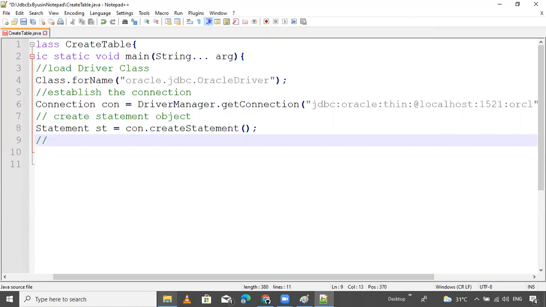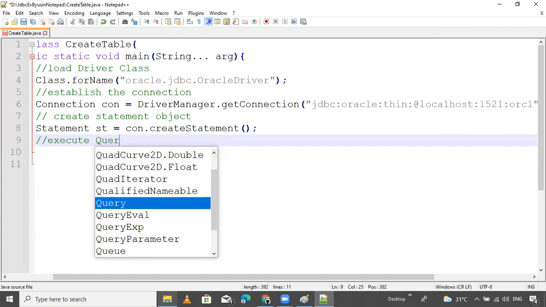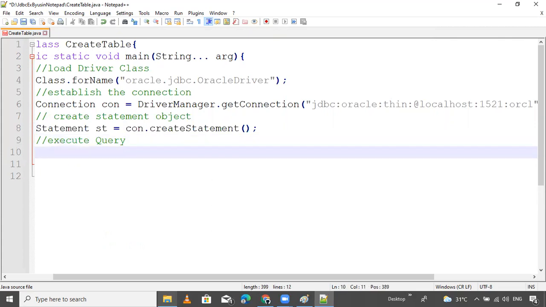And the next thing is to execute the query. I am creating one table inside the database, so I will use a non-select SQL query, because create table is a non-select query. When we use non-select queries, we use the executeUpdate method.